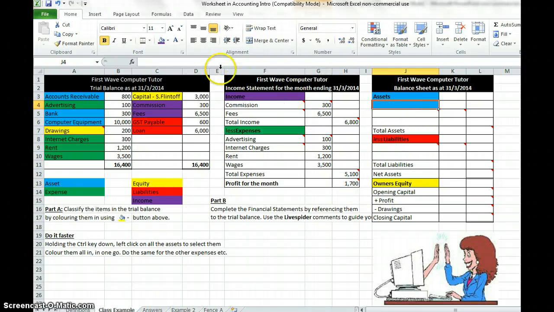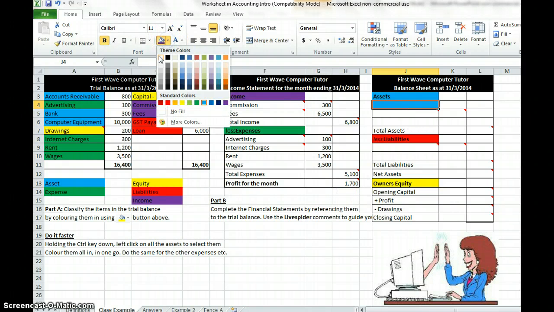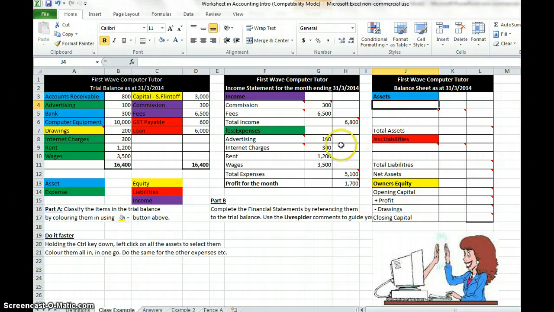Then we've got our assets. So our assets are equal to all our blues over here, equals account receivable, equals click on the bank, and equals click on computer equipment. Highlight all of those, just down to equipment, and bring the numbers across. Total assets, again it tells us what are some